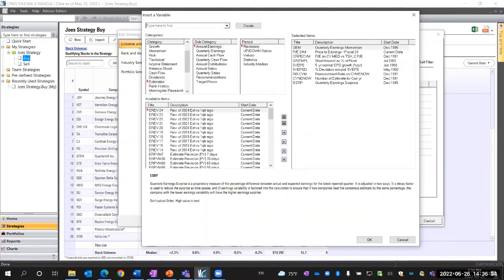Some may already know this information, but I think this factor is really unique. So it's a proprietary measure of the percentage difference between the actual and expected earnings for the latest reported quarter. So essentially, this compares the consensus estimate to the scrubbed earnings number that our CPMS data team scrubs. And if we beat the consensus estimate, we'll have a positive surprise. And if we don't, it'll be negative. But we also include a time decay factor as the market catches on over time. So it is pretty unique, and we'd be happy to provide some information on that factor as well if you're interested. So we do use this particular factor ourselves in strategy development, and we do recommend that users do it